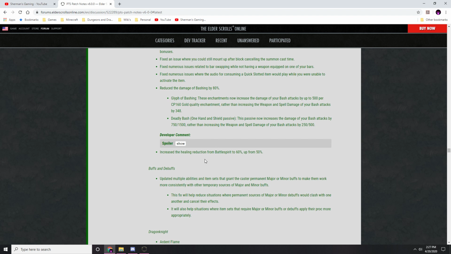Increased healing reduction from Battle Spirit to 60% from 50%. Buffs and debuffs: they updated multiple abilities and item sets that grant the caster permanent major and minor debuffs to make them work more consistently with other temporary sources of major and minor buffs. This fix will help reduce situations where permanent sources of major and minor debuffs would clash with one another and cancel their effects. It will also help situations where item sets that require major or minor buffs or debuffs apply